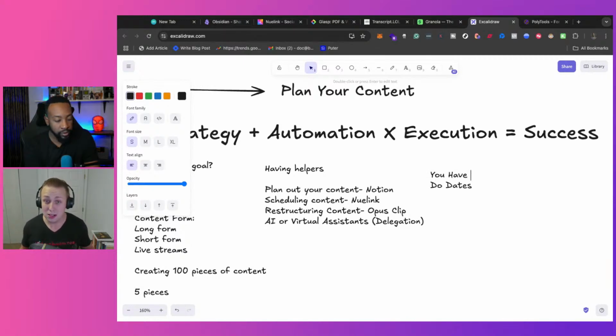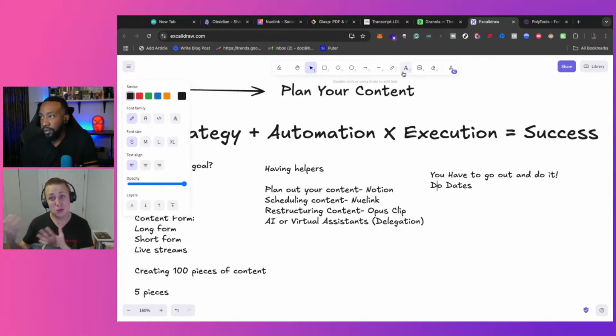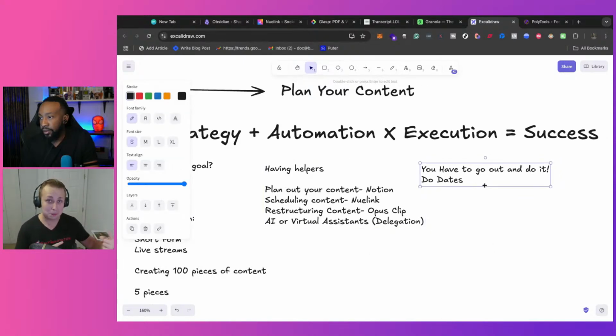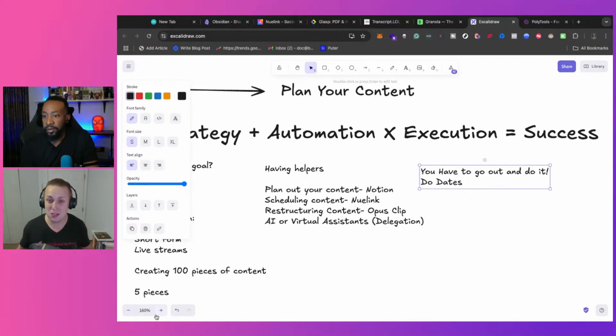New tools can come out that can make the automation easier. When Opus came out, it made my automation way easier. But before that, I couldn't really do it. So for a while there, I had the strategy, but I didn't have the tools for automation to really get that next step of the process. So there was plenty of times where I was executing on that strategy, but I wasn't able to get the content that we're literally working on right now out. And while that's kind of an excuse, it is true.